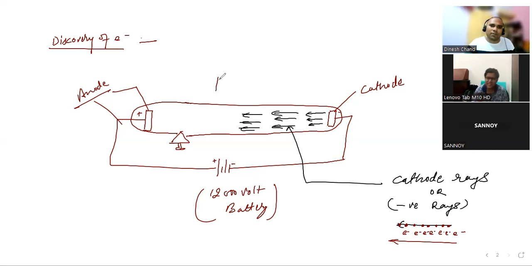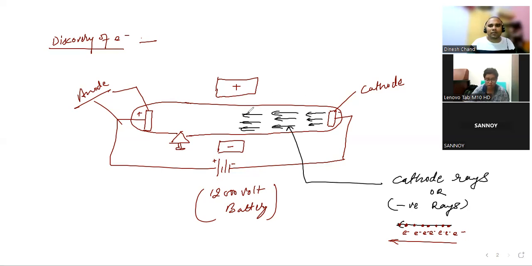Suppose you place a field of electricity, positive on one side and negative on the other. Is that discovery important from the NEET or board point of view? Not that much important. Sir, then we can skip this with a brief introduction and go to the main portion, because the numericals from this chapter come from the hydrogen spectrum and similar topics.